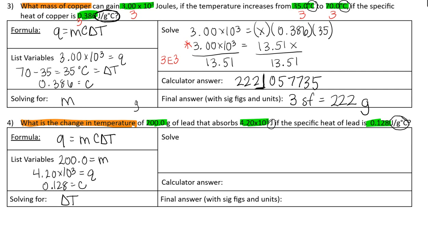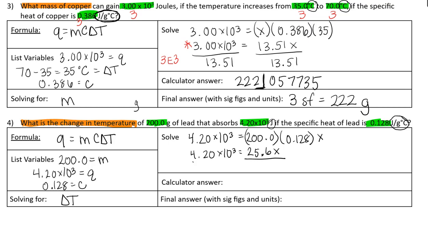All right, so let's substitute in what we know. The Q, that's the first thing in my formula, so I'm going to write this 4.20 times 10 to the third equals, do I know M? Yes, I do. That's 200.0. Okay, do I know the C value? Yes, that's the 0.128. I don't know delta T over here, so I'm going to substitute in an X. I'm going to keep this side of the equation till I'm ready for it. I have to combine my like terms. I have to multiply 200 times 0.128, and I get